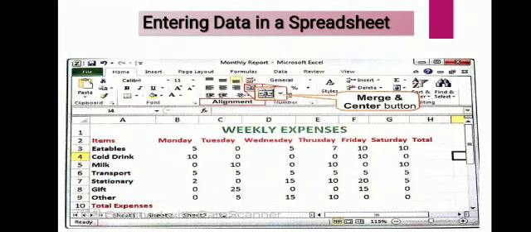Now click on the cell A3, type eatable and press the Enter key. The cell pointer shifts to the cell A4. Now type cold drink and press the down arrow key to move to the cell A5 and type milk. Similarly, you have to enter the remaining data. So this is how you can enter data in a spreadsheet. You have to use all the function keys that I displayed earlier: commands left, right, up and down. Now types of data.